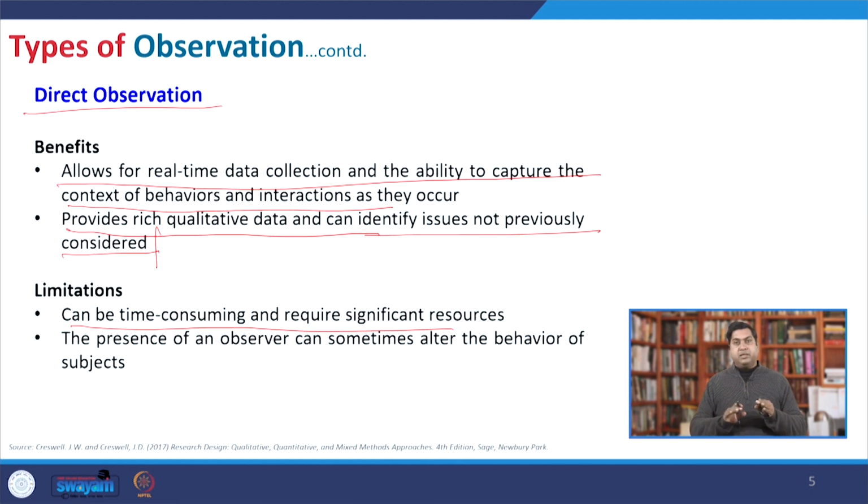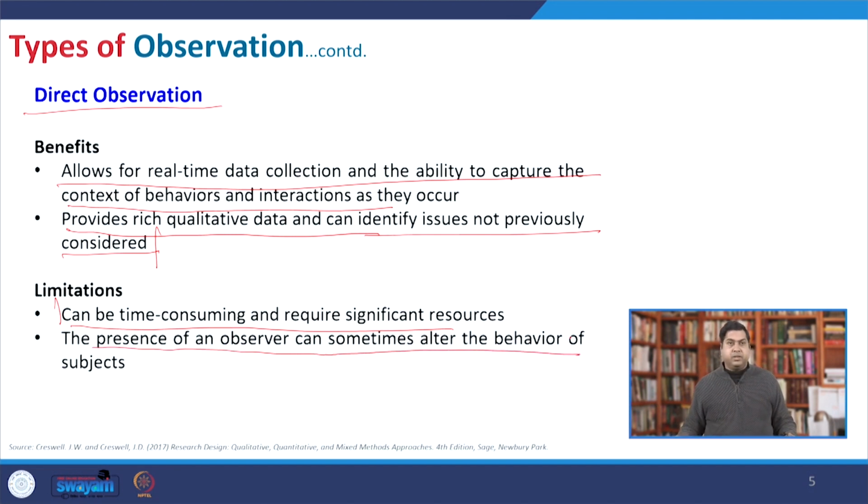So obviously we have to be careful about using those tools and devices for the observation survey. And for direct observation, it is definitely time consuming and requires significant resources in manpower and other devices as well. The presence of an observer can sometimes alter the